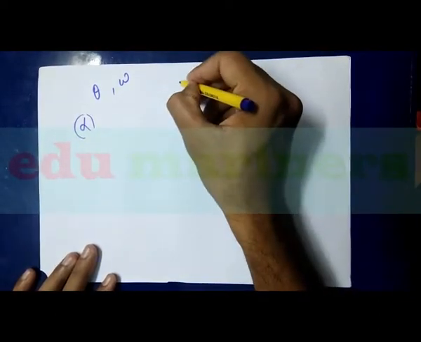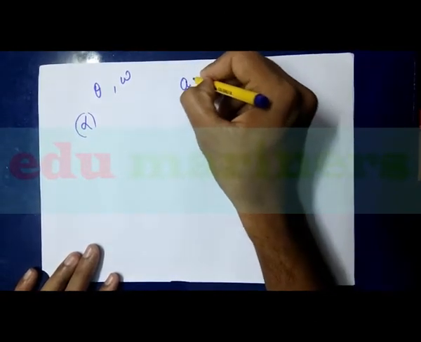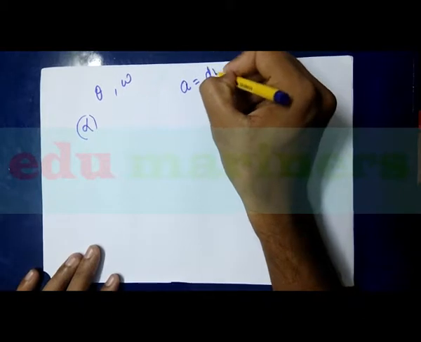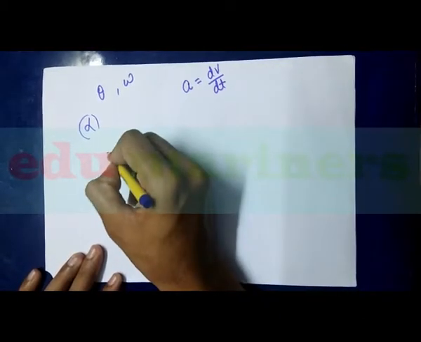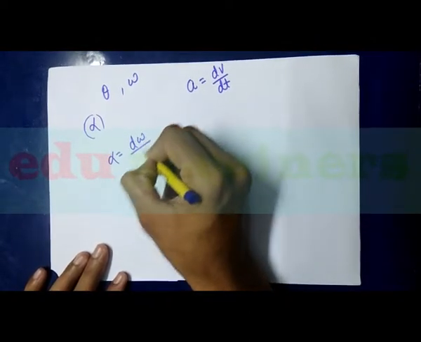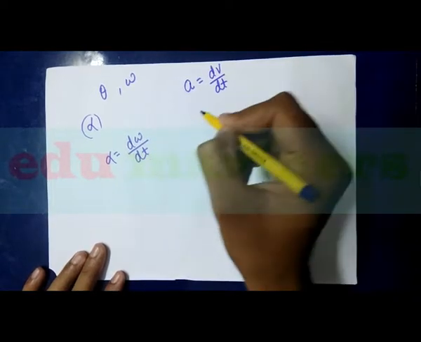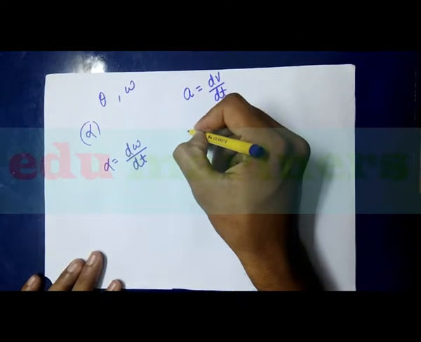As we have defined for linear acceleration, linear acceleration is equal to change in velocity by change in time. Likewise, we can define angular acceleration as equal to change in angular velocity by change in time. Right. So we know that